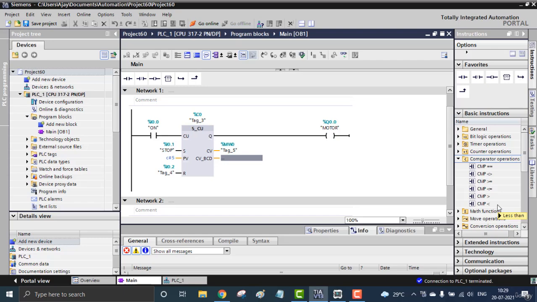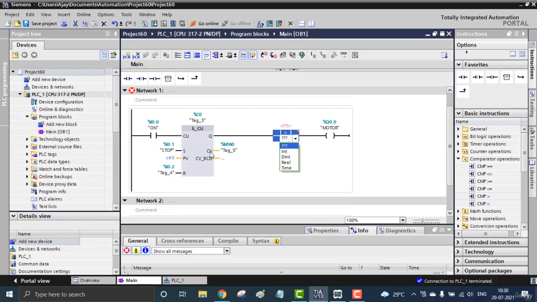6 different types of comparisons I have here, and I'm going to use one of these, that will be greater than. I'm using the greater than comparison because if the count value is greater than 4, I get the output. So in between the output and the counter, I'm using greater than. I can switch the greater than symbol from here also. I can change it, whatever. So here it is asking a question mark here. This question mark will be defining what kind of thing is used inside the comparison block.